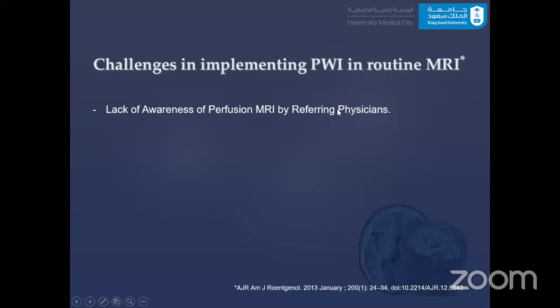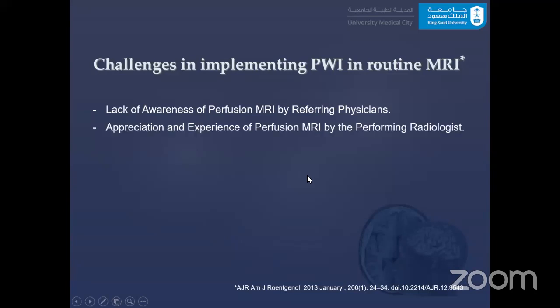There are challenges in implementing perfusion. Some people find it difficult to apply perfusion in their routine imaging, although it doesn't take much time. Examples are lack of awareness of perfusion MRI by referring physicians, who are not requesting perfusion, although sometimes it can be requested by the radiologist himself. Also appreciation and experience of perfusion MRI by performing radiologists: not all radiologists know how to interpret the